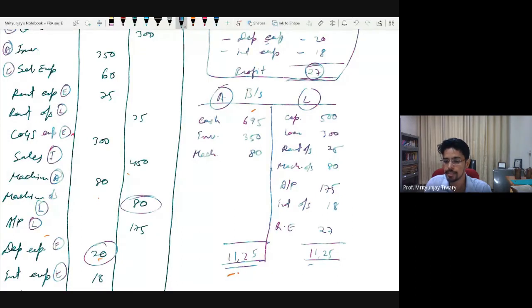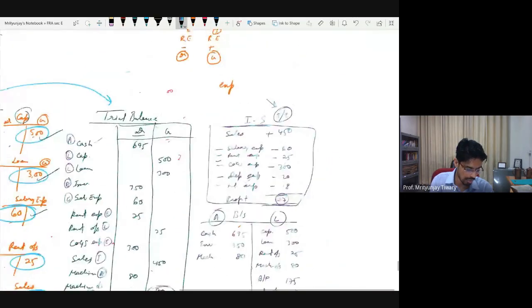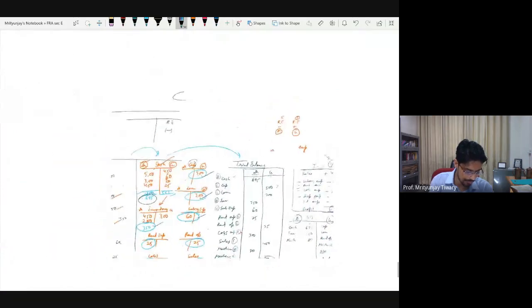So if you have understood up till here, you have understood how to prepare income statement and balance sheet. Now, all that can happen is some twist and turn here and there only because of some information where you will find it a little bit difficult to understand the dual aspect. That's all. Once you have figured out the dual aspect, then everything is just cakewalk. All you need to do is, let me zoom out and show you the entire process once again.